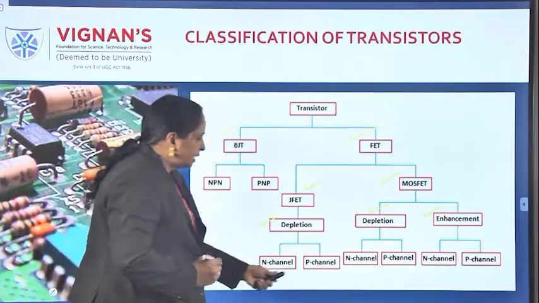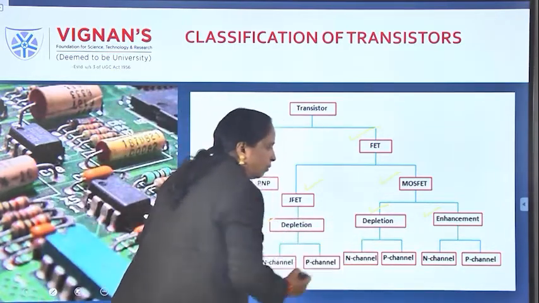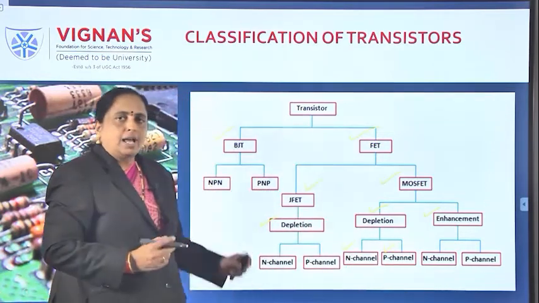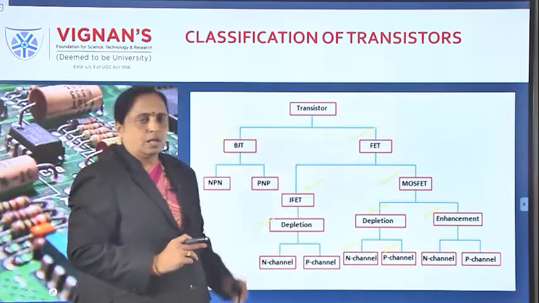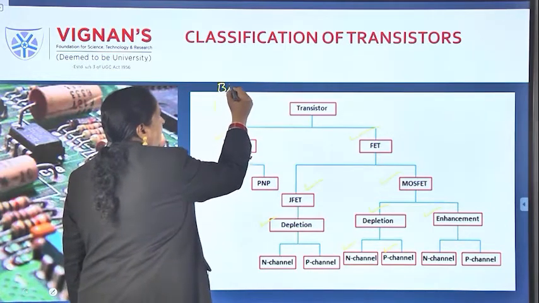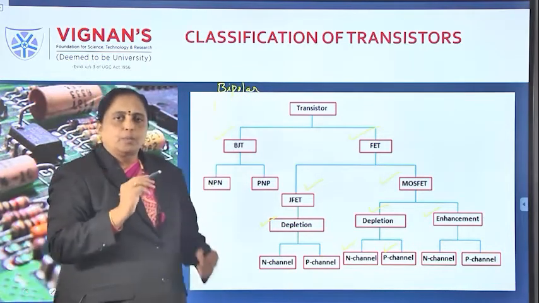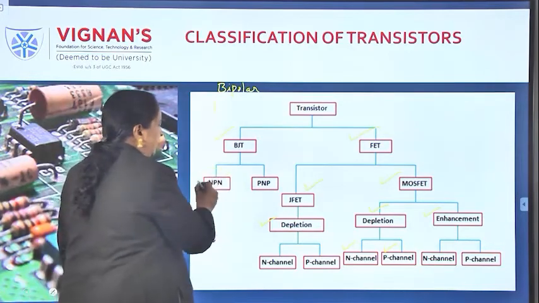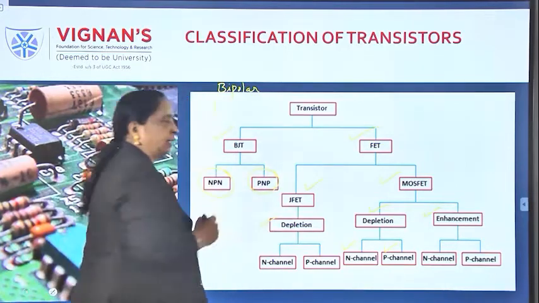Now in each type of the FET or MOSFET, the speciality is that in each mode of operation we can use either N channel or P channel. That is, either the conduction is due to electrons or the conduction is due to holes. Whereas BJT is a bipolar device. That means the current conduction is due to both polarities, both positive and negative. That's why the construction is like this. See, NPN: electrons, holes, and here PNP: holes and then electrons.